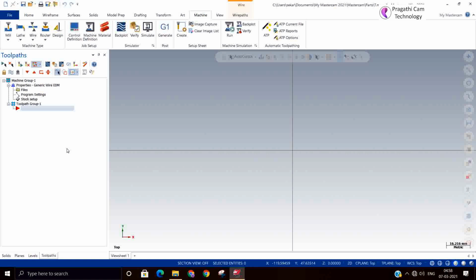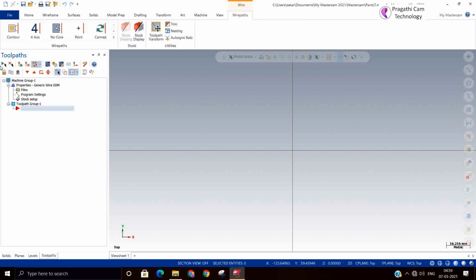So far we have only seen the file paths. Now if you see what all the wire paths are available, the first one is contour. It is for cutting 2D and also constant taper.